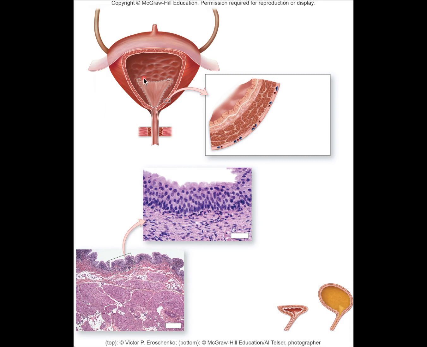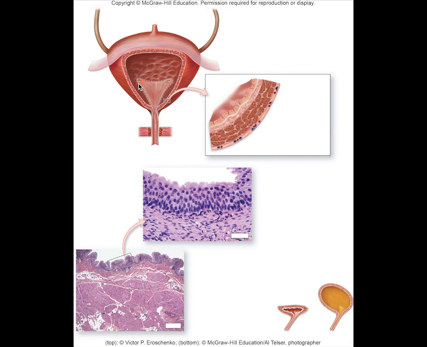And there is a little portion on the back side of the bladder. There's a triangular area that's formed between the openings of the ureters, where the ureters empty in, and the funnel where the urine is going to pass into the urethra. So this little triangular area here is called the urinary trigon, or the urinary trigone, whichever way you want to pronounce it. It's actually a combination of tissues extending out from the ureters, and it does not have rugae in